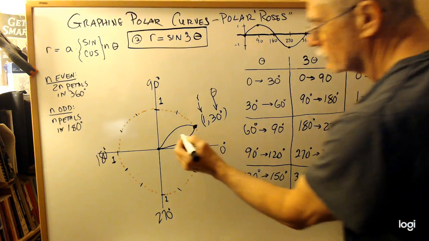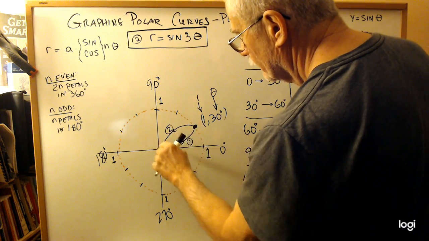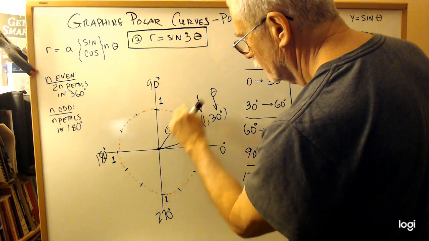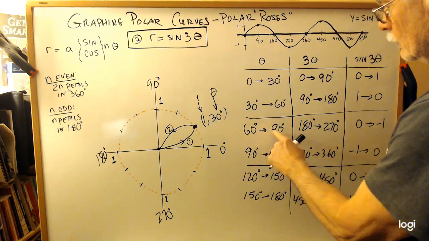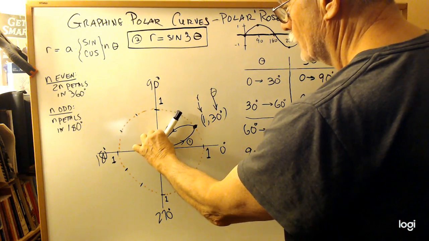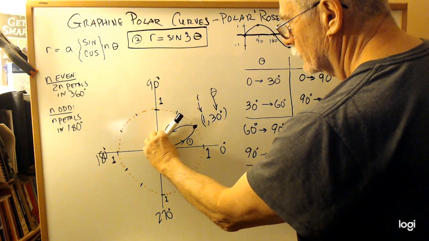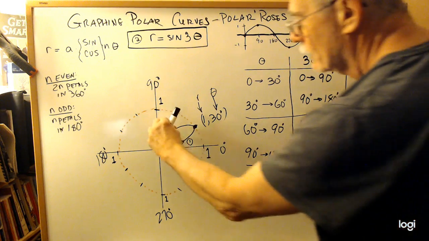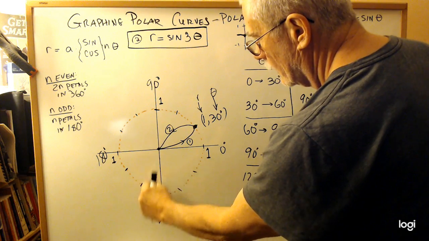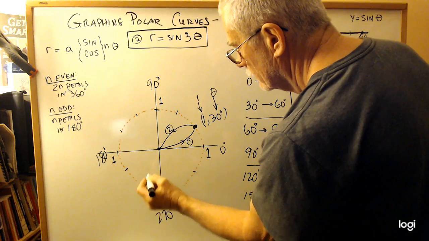Okay, and this is the second leg of our journey. We're coming out of here at roughly a 60-degree angle. And at this point, we're going to be looking from theta is 60 to 90. But as you can tell, we're going to be going through negative values. So this is going to be reflected down here. Okay, so what that means is that we're going to be going from